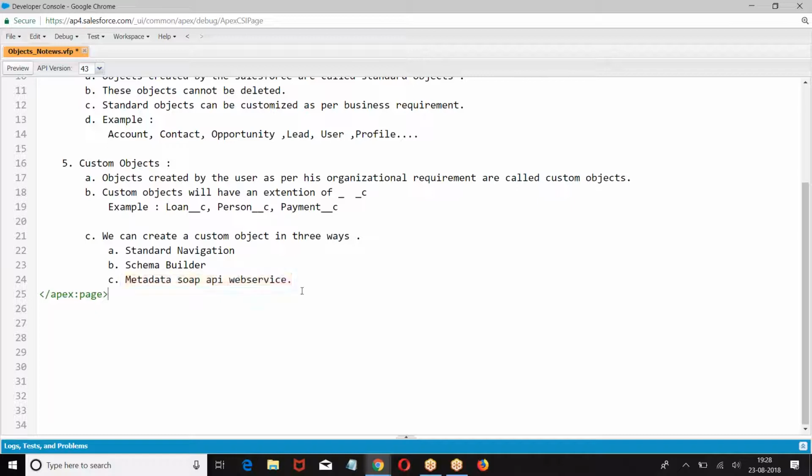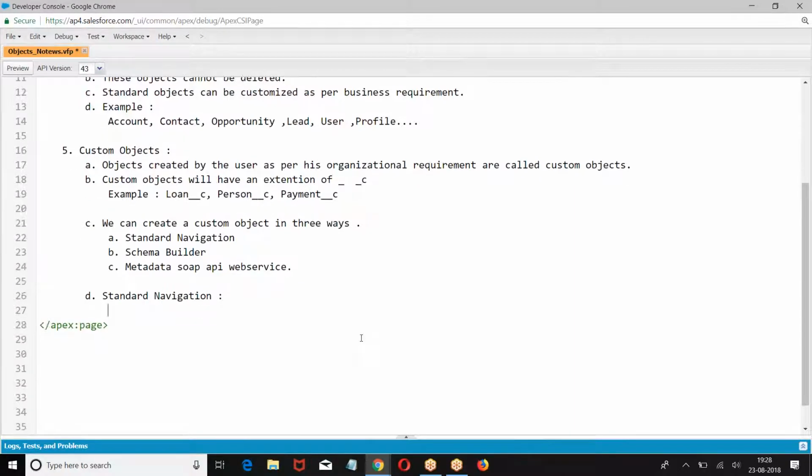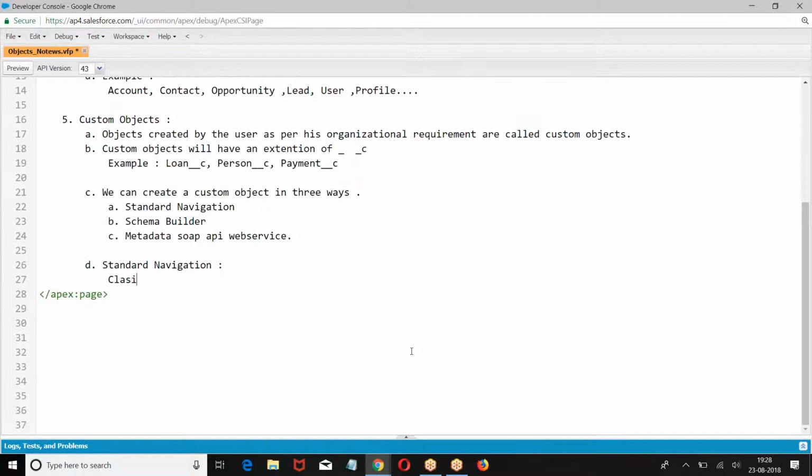So let us go to the first one: standard navigation. So what is the standard navigation? I have Classic. In Classic, how do you create?